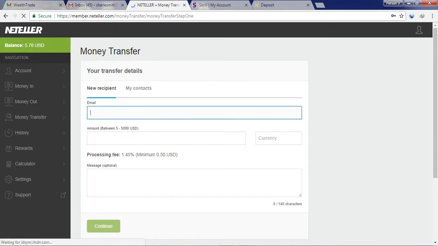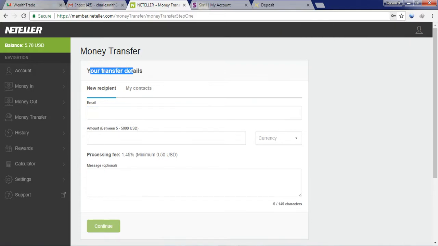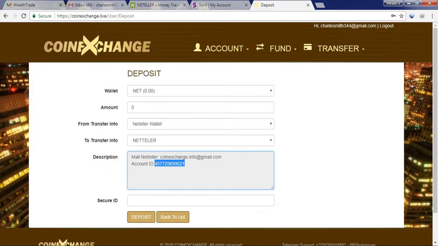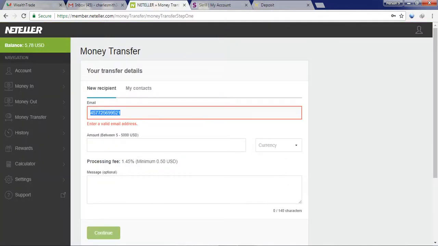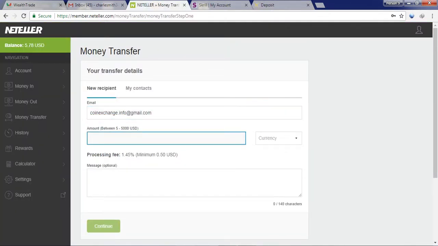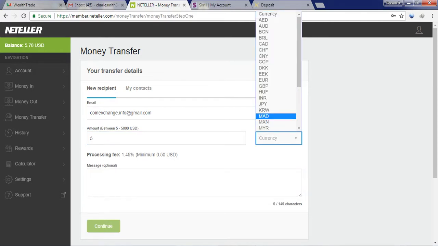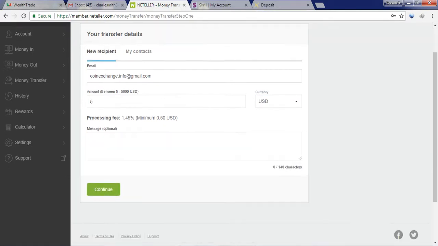Okay, that's correct. Okay, this is the transfer detail. Use email or use this ID. Oh, not valid. If not valid, you can copy this email, coinexchange.info@gmail.com, and paste in here. Amount $5, currency USD dollar. Okay, now